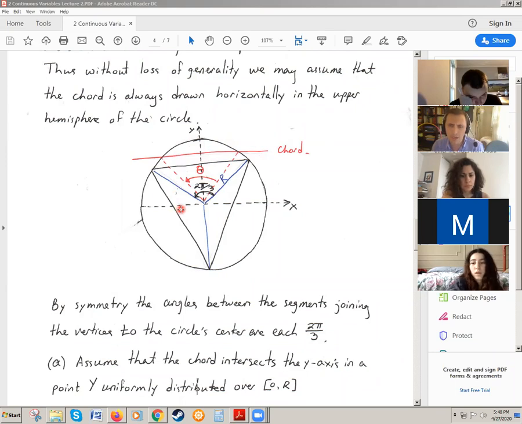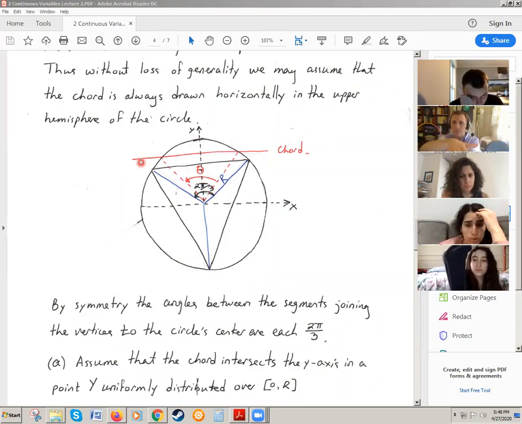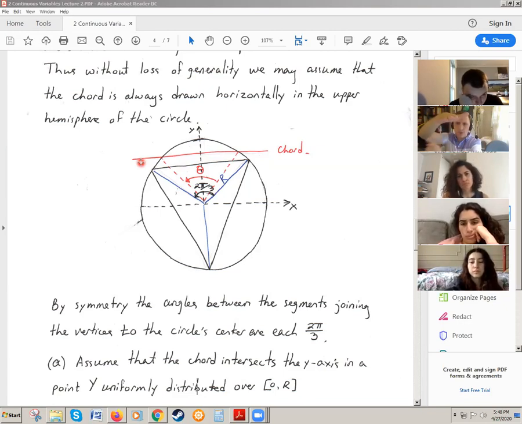So this question, I try to understand what it means to randomly draw a chord. What I personally imagine is that I take a very, very long and thin metal stick, and I drop it on a glass table. The glass table has a circle underneath it, and the circle I rotate into position, because by symmetry, right? It falls somewhere on the table, and then now we have interference.